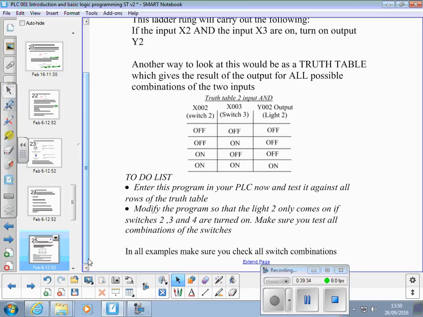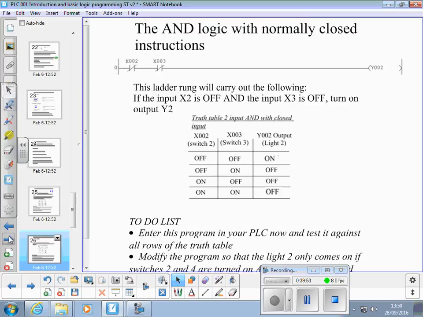Alright, so when you have a go at these, if you haven't already, enter the program and test it against the truth table, modify the program so you put an extra AND instruction in, and making sure that you have to turn all three switches on to get the light to come on. And then on the next page,